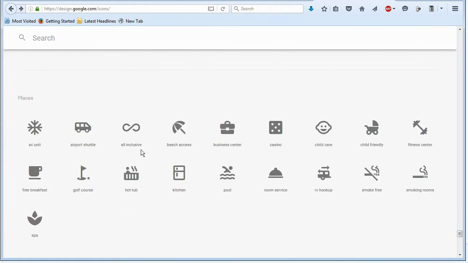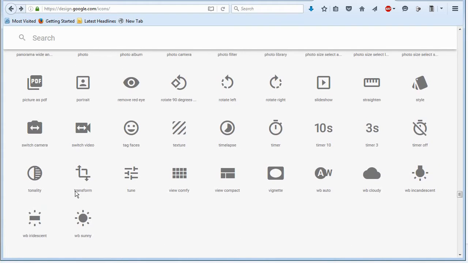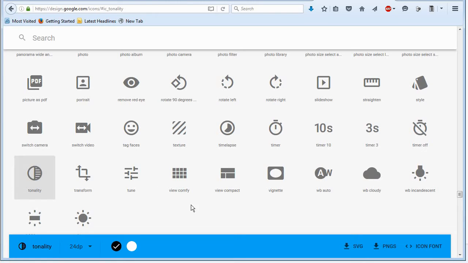And then one more icon, which is basically just going to serve as our mock avatar. You can actually pick whichever icon you want. I picked tonality because it looks kind of cool. For the avatar icon, we're just going to make that one 36 dip instead of 24, and black is still fine. Once you've got your settings set up here, you're just going to hit PNGs, download,